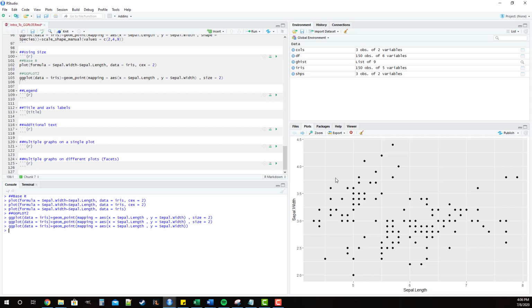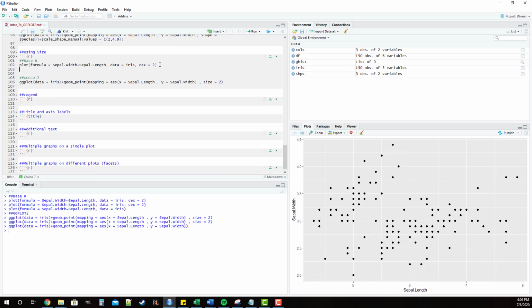So that's pretty straightforward. Base R uses CEX. ggplot2 uses size placed outside of the aesthetic function. Let's assume now that instead of having it be uniform across the data set, we actually do want size to be driven by a variable. And this is one of those things where we really lean into ggplot. In fact, I'm going to go so far as to make a comment here and say that base R does